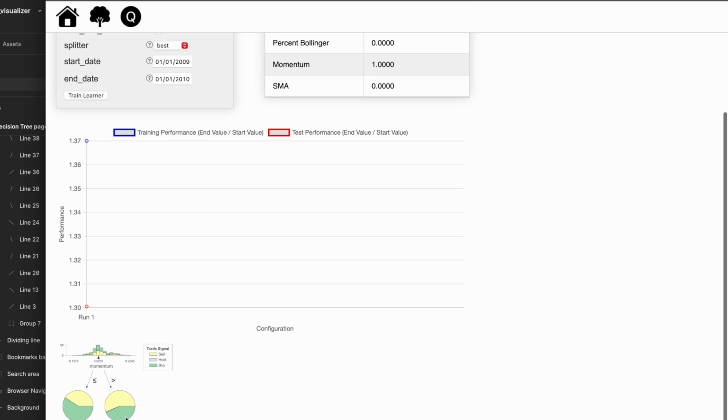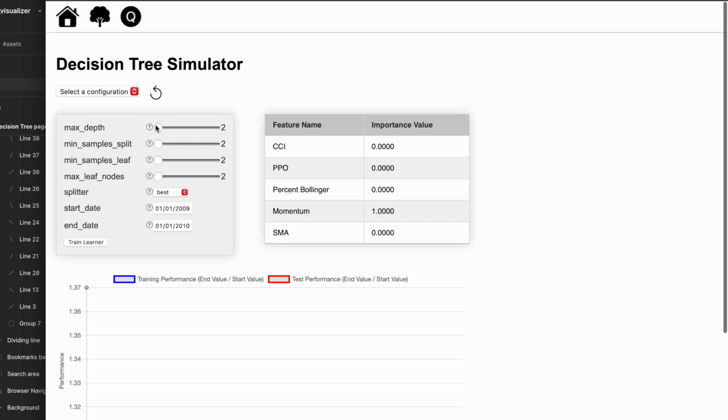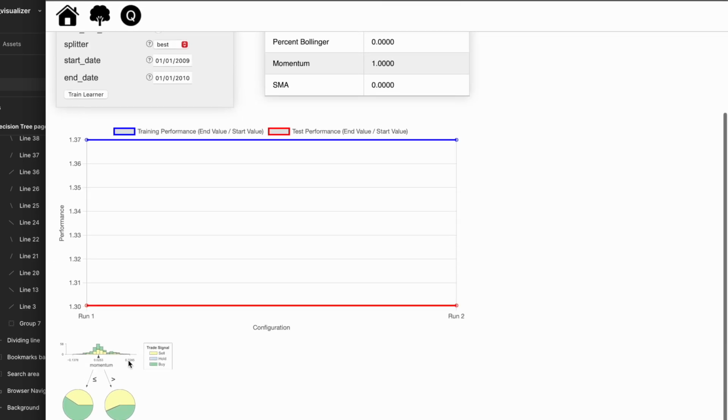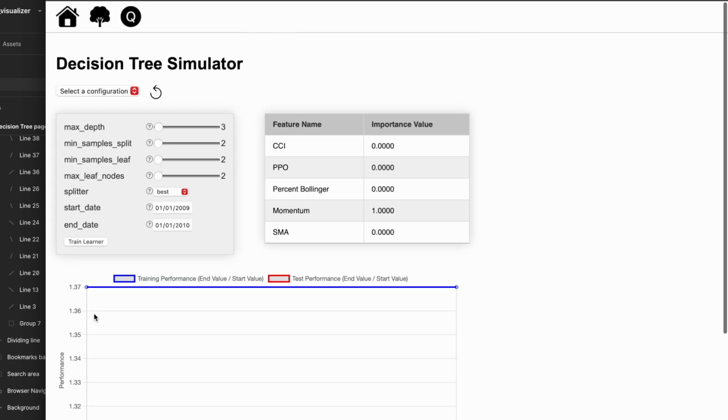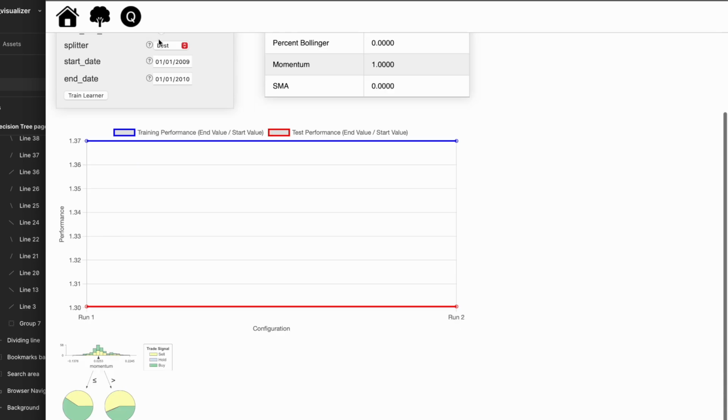This is a visualization of the tree. And I might say, okay, increase the max depth to 3. And these will be in instructions with steps. And press the train learner again and say, did the visualization change at all? Yes or no? Have them consider why, and then have them change max leaf node to whatever value they want,